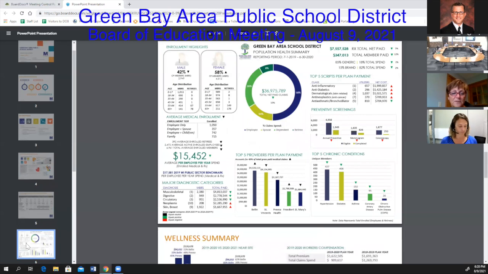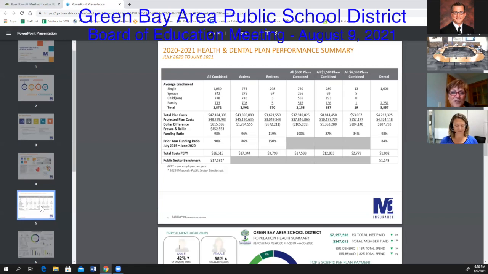Before we leave that page, sorry about that, Josh, I want to just point out on the far left under all combined, if you go halfway into the middle section there, you'll see total plan costs, projected plan costs, dollar difference, Prevea and Bellin, and funding ratio. On this document, we did in 2019 create a special relationship directly with Bellin and with Prevea for primary care services. We'll talk about that a little further on, but for purposes of this document, we call out what those costs were on a direct basis,